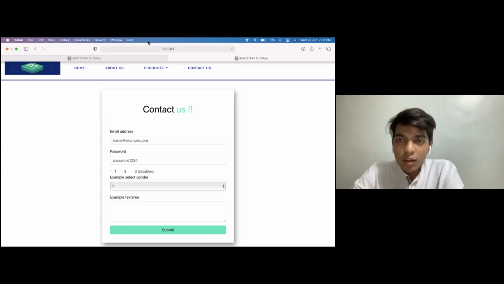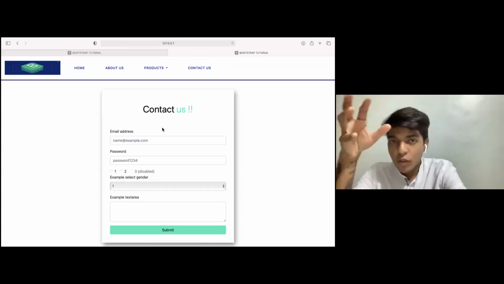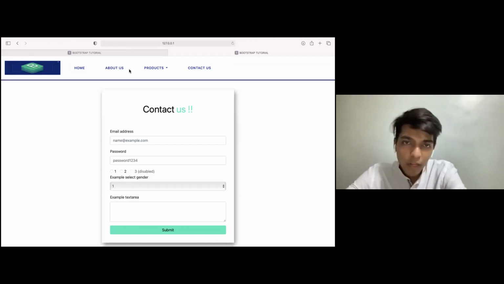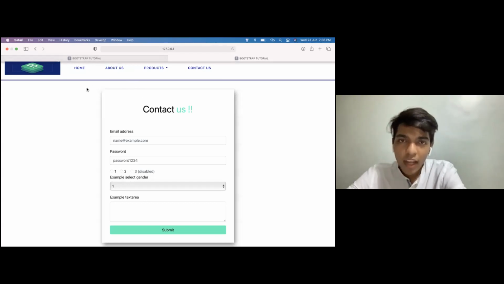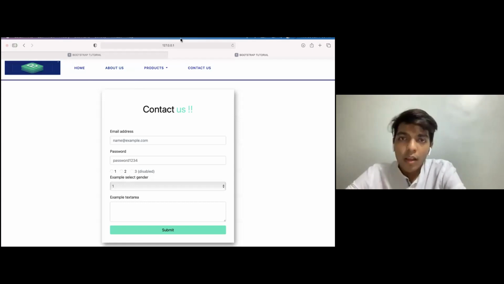I know today was a bit too much, and it was a big step from CSS to Bootstrap. We did not cover a lot of things in CSS because we were going to use them in Bootstrap. I know it would be a bit too much for you guys, but if you play with it, read the code that I've written, and understand what I've told you about the grid system, Bootstrap would be easy to use.